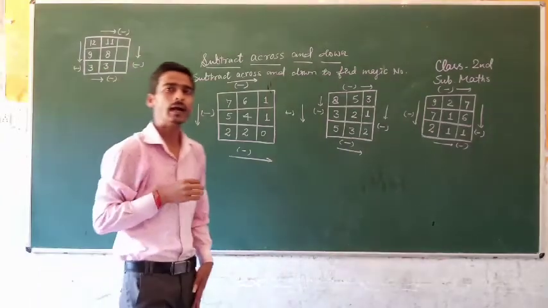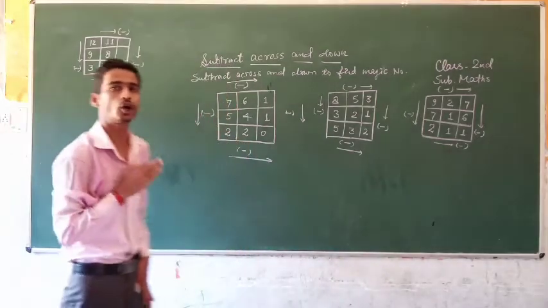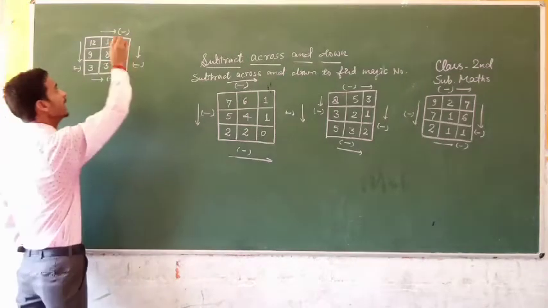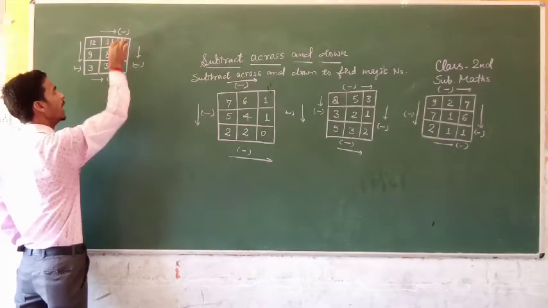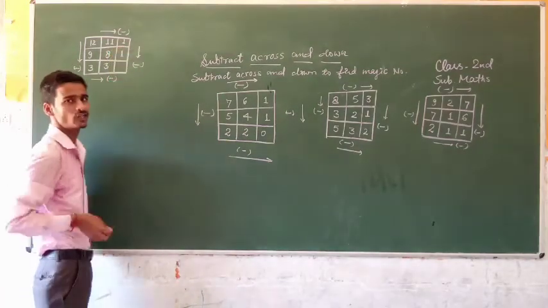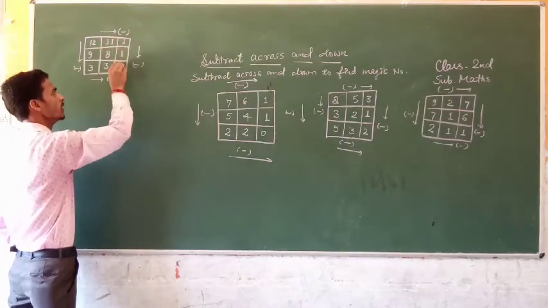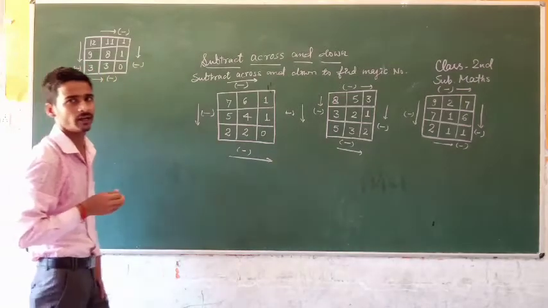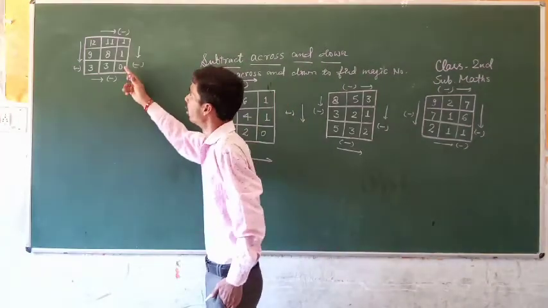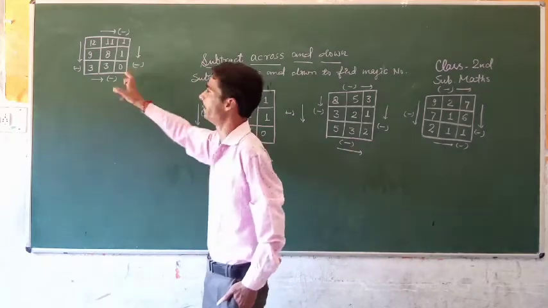It's okay? And listen, we have subtracted down. Now we will subtract across. That means we will subtract 11 from 12. What will be? 11 from 12, there will be 1. And when you subtract 8 from 9, here also will be 1. It's okay? And now when we subtract 1 from 1, there will be 0. And when we subtract 3 from 3, there will be also 0. In both conditions, there will be 0 on subtracting across and on subtracting down.